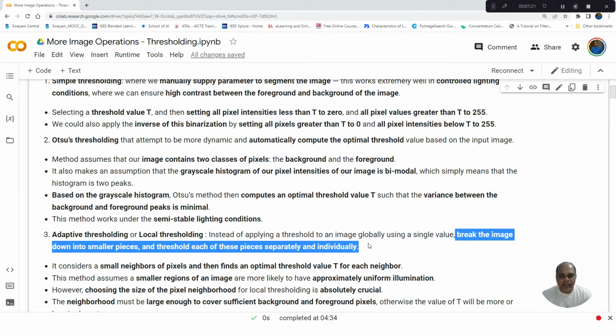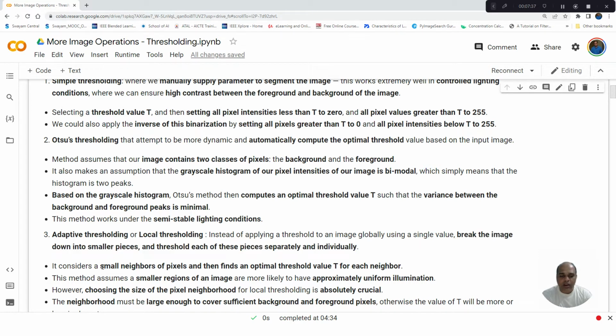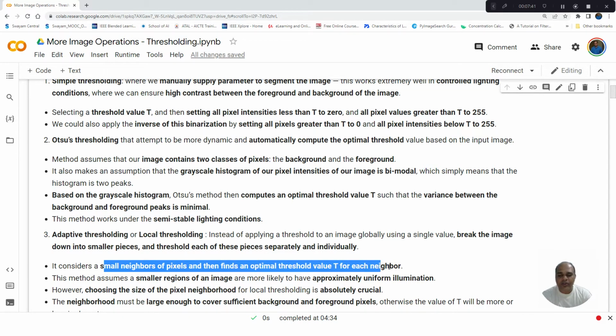Thereby, whatever suboptimal lighting condition is prevailing in the image can be nullified or minimized using this adaptive thresholding method. So here it considers a small neighborhood of pixels and then finds an optimum threshold value for each